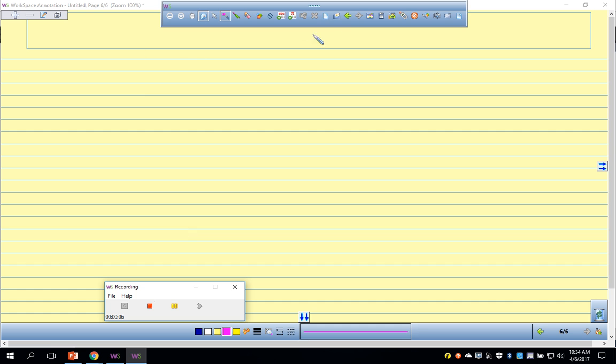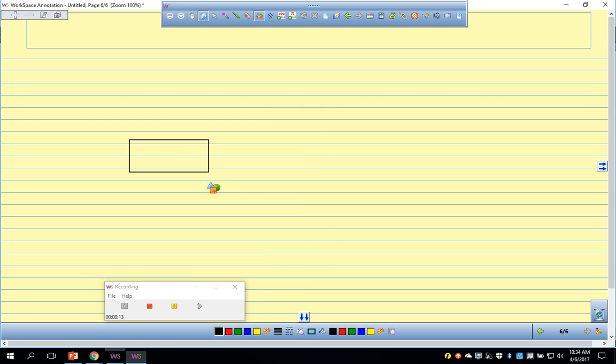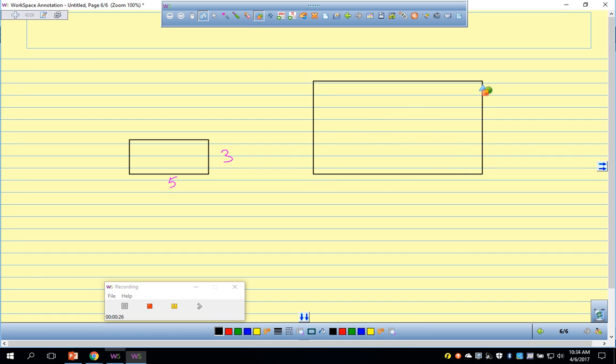Here we are. So say I have two rectangles. Here's a rectangle, and say this rectangle is 5 by 3. And I take a rectangle that is similar to this rectangle, and I make it 3 times as big. Say I tell you that these are similar in shape. So if I make it the scale factor